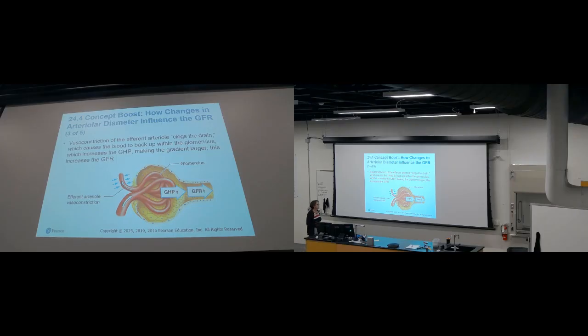And let's say that someone has increased sympathetic output. That can affect the diameter of your efferent arteriole. Again, your efferent arteriole by itself is always smaller in diameter than this. But even if you reduce it more because your sympathetic system is constricting it more,